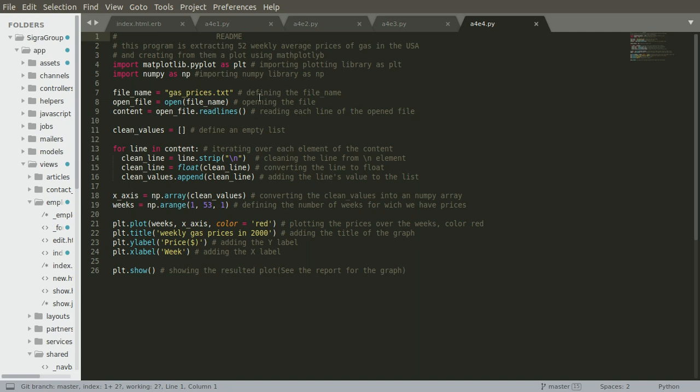Here I just had to create a plot to visualize the average prices of gas for 52 weeks, which we import from this file. So opening the file, reading the file by line, cleaning each line, the value of each line. After that, converting a simple list to a numpy array. After that, creating the